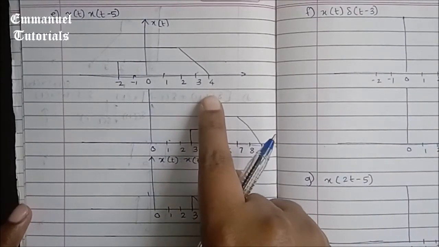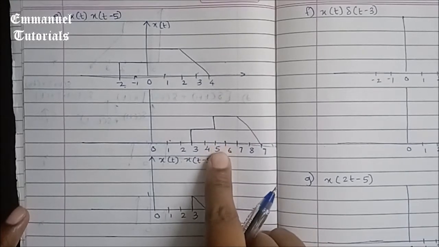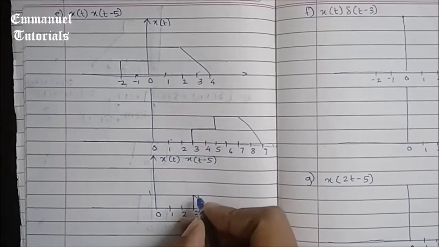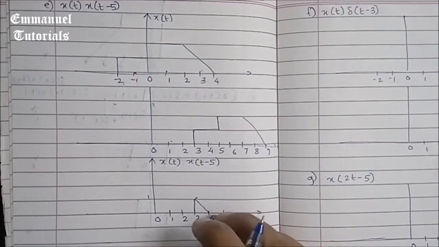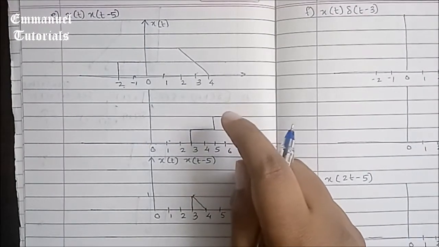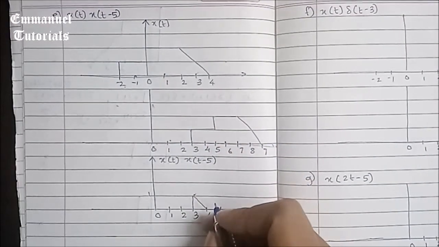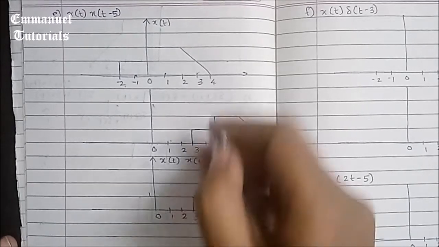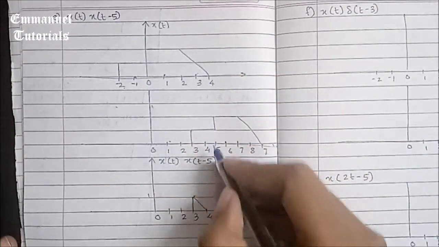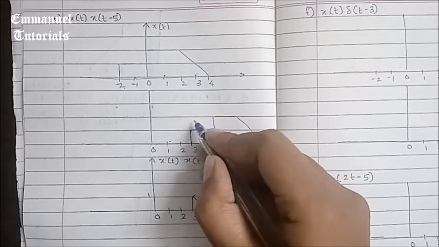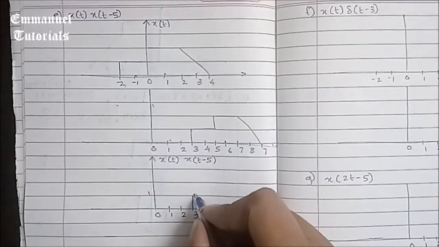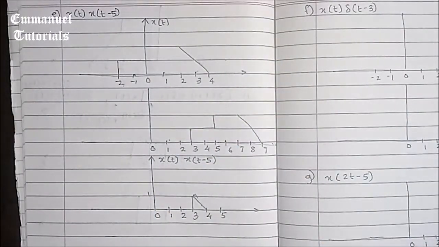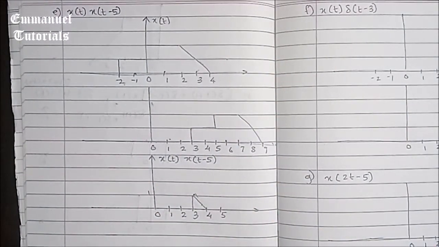At 3, first signal's amplitude is 1, second signal's amplitude is 1. So here you cannot neglect it, so you start multiplying. 1 into 1 is 1, so we have shown the amplitude as 1. Now at 4, first signal's amplitude is 0, second signal's amplitude is 1, so our resultant signal's amplitude is going to be 0. But for the points in between, you can just consider the shape of the signal between them. If you multiply the shape by 1, it's going to be that same shape. So that is what I have drawn over here. Now after this point, all the points are 0, so you can neglect them, and you have this as a resultant signal.